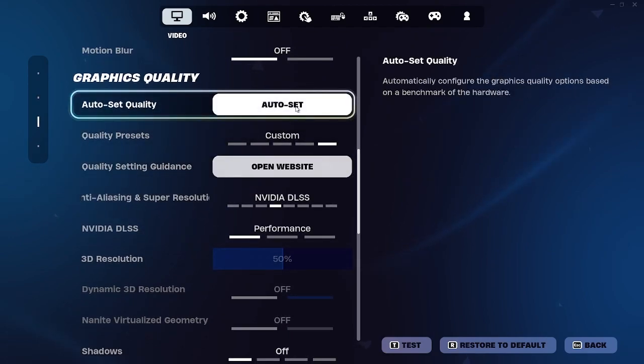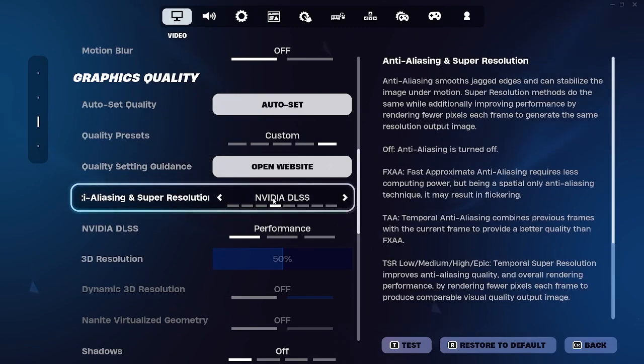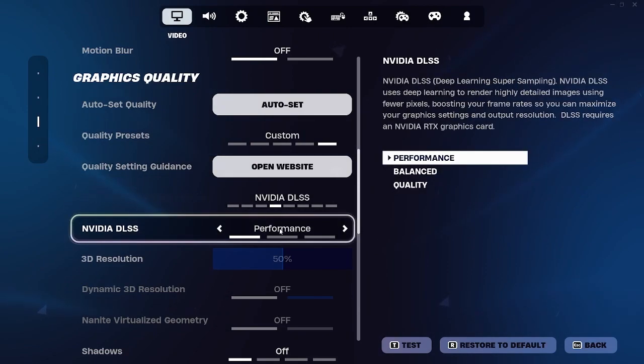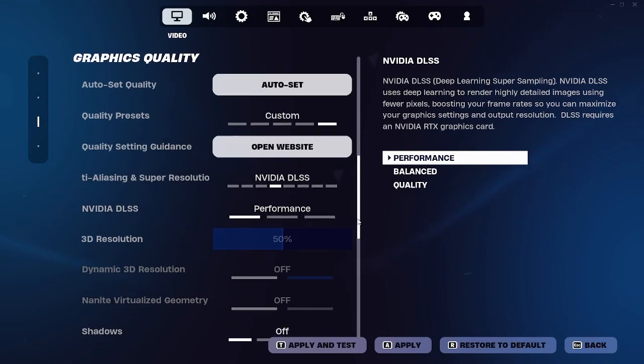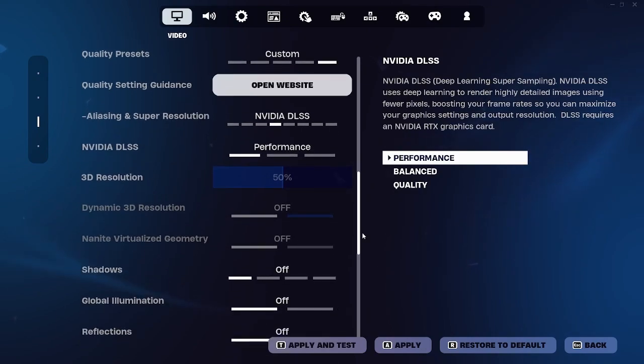There is an auto set quality, but I normally wouldn't recommend this unless you don't really care about frame rates that much. Because then it's just going to set you to 60 frames and just do the most of whatever you can. And if you have a NVIDIA graphics card, I would definitely recommend doing DLSS on performance. Or you could do balanced or quality. I just think performance is best. It's best for me because I stream, but I can totally see doing it on quality and still having good